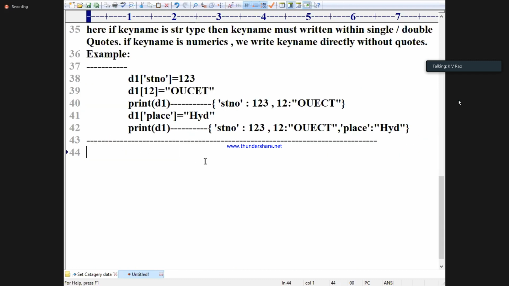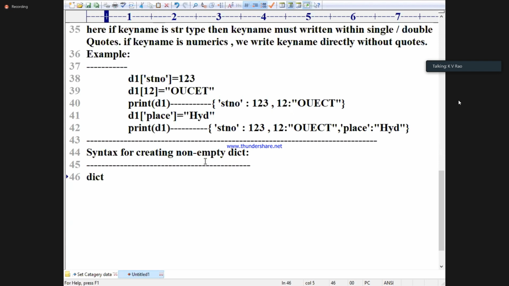Now you go for syntax for creating non-empty dict. Tell me. I'm waiting for your answer.